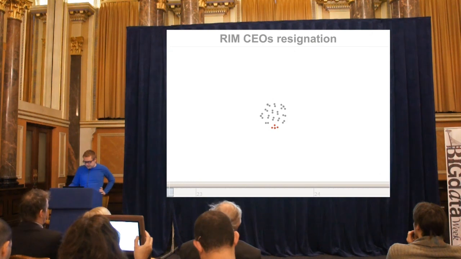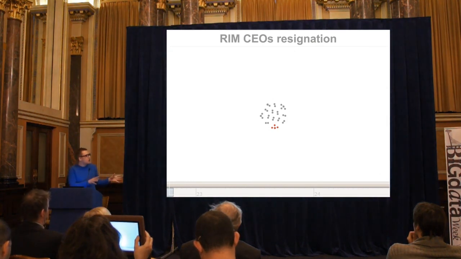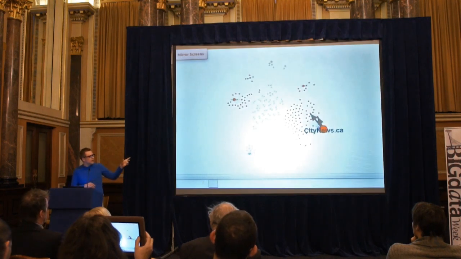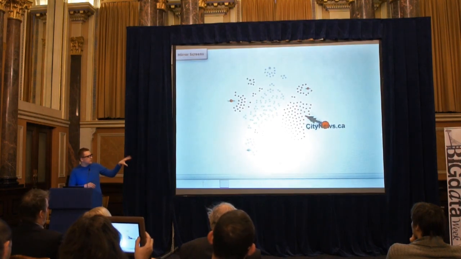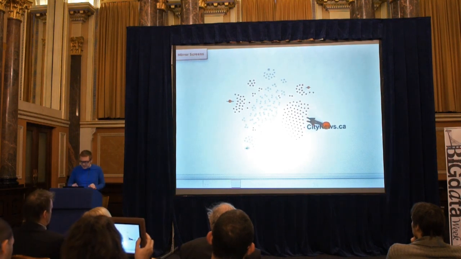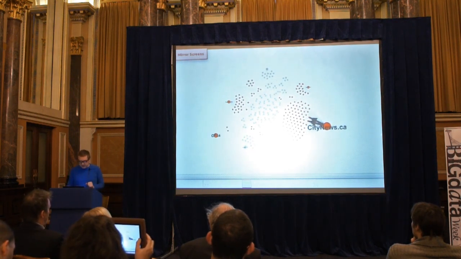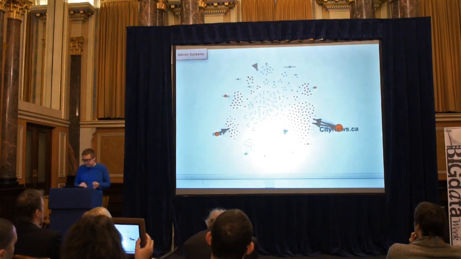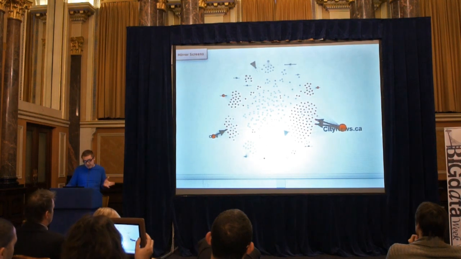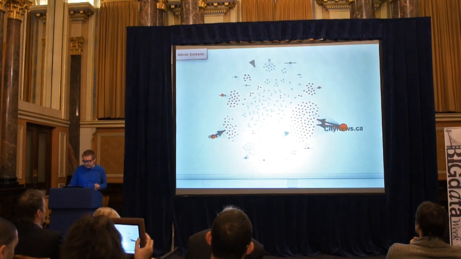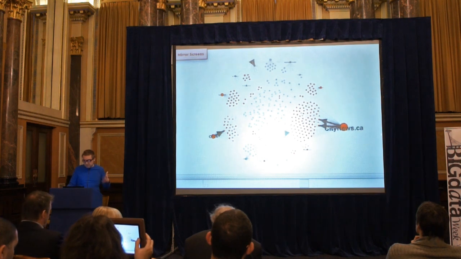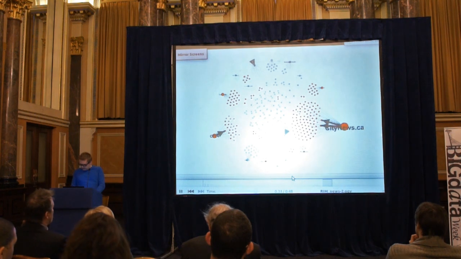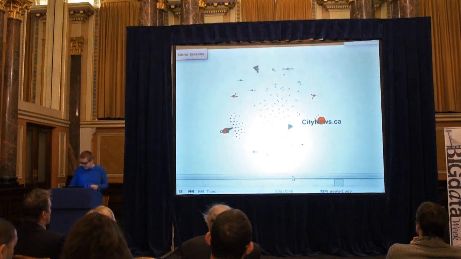That is another way. If we focus on patterns only, we can play it like this. So the colors are positive or negative news communicated. Gray colors are neutral content. This is the same data set about RIM CEOs resigning, and this is the same set, but we are using a slightly different algorithm to illustrate this over time. Is it still going? Yeah, it's still going. Yeah, this is the next day after.